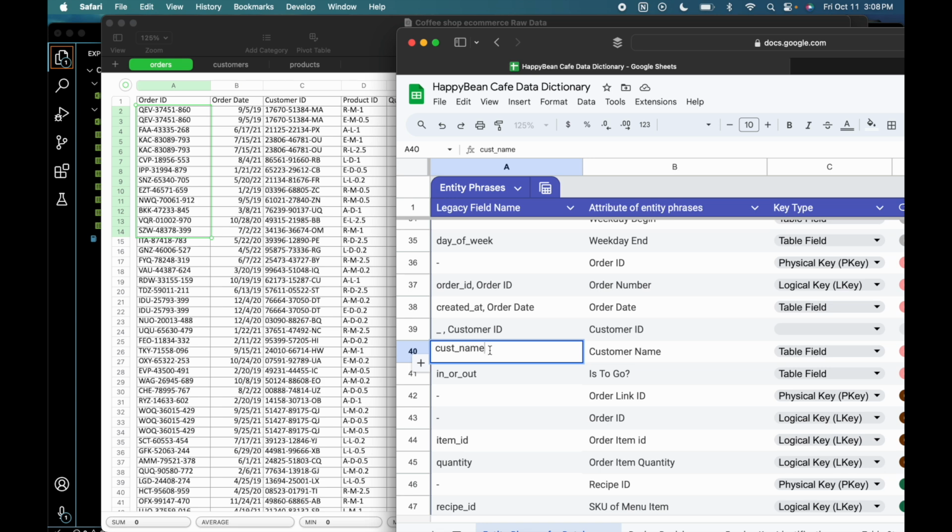So I think that might be something to consider. Again, just think about what we could do, and I would actually ask the subject matter specialist, or whoever is in charge, like the owner of this coffee shop, how they would want to track customer names coming into the shop,